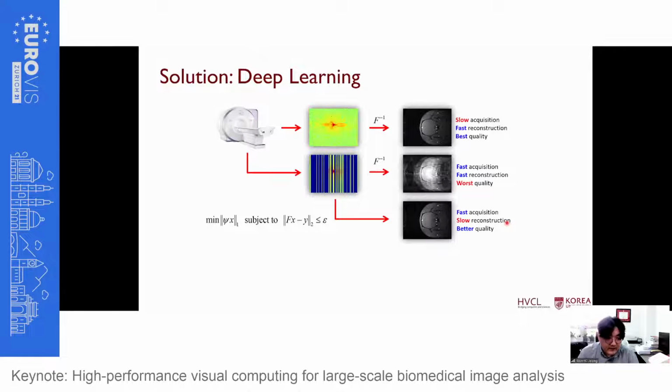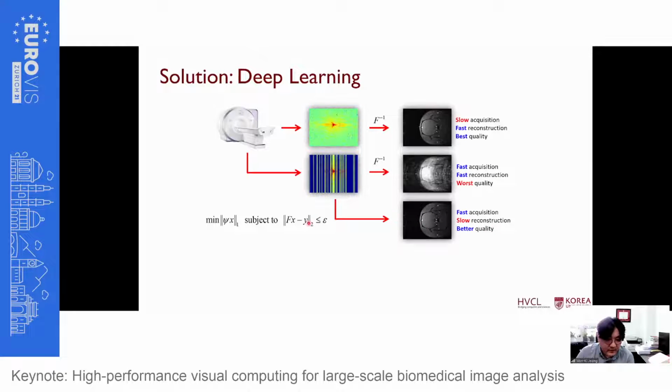So the idea is that if we sample only a small fraction of the original signal, there might be a way that we can reconstruct the image or signal which is very close to the ground truth, as long as the sampling follows some kind of constraint, and we can solve some kind of minimization problem, as you can see here. In this case, we have very fast acquisition, and we have a better quality. Here I said not best, but better, because this is very similar to the full reconstruction, but not exactly.